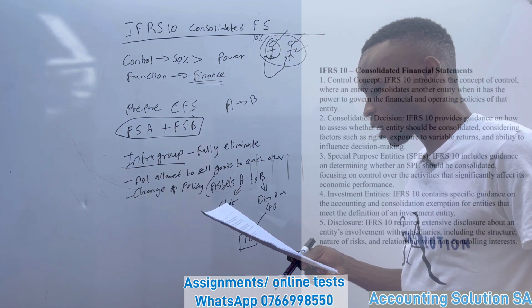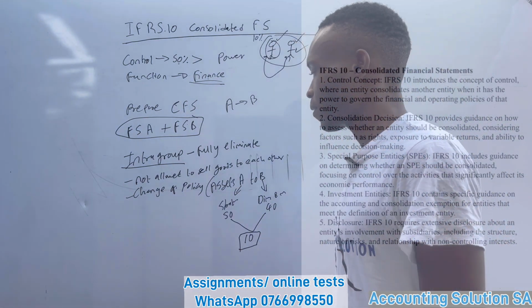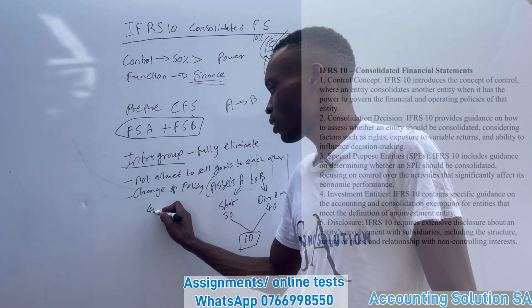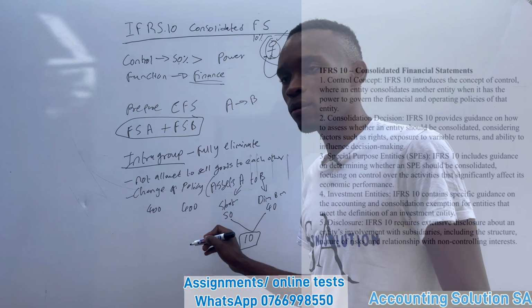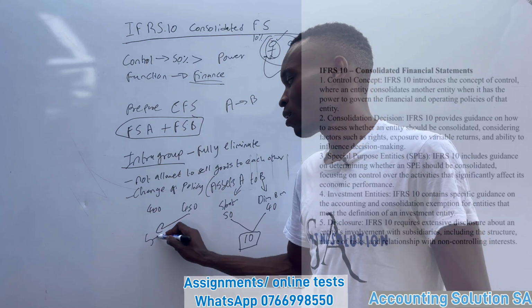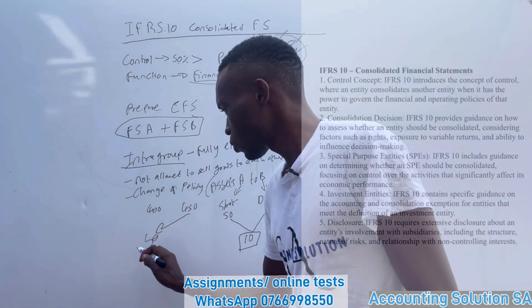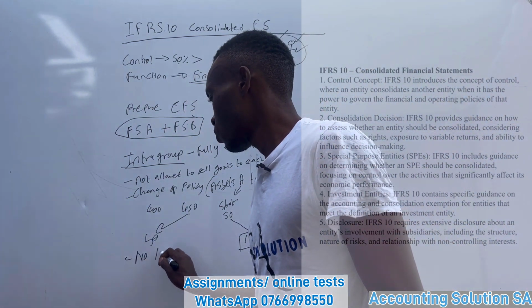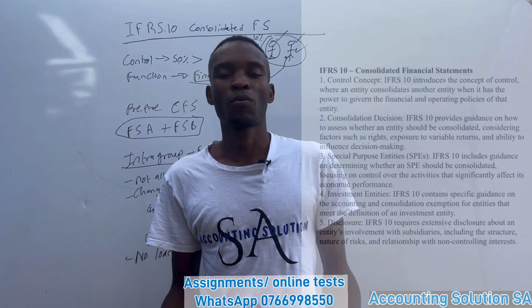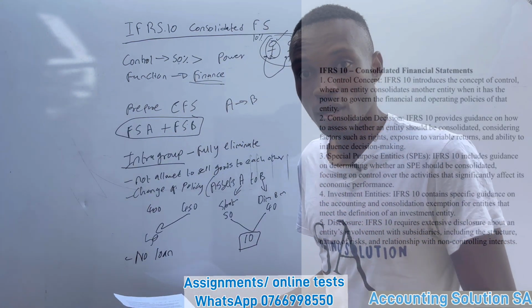You are also not allowed to change the cost of an item. If a computer cost 400, it must also cost 400 when it moves to company B. If it costs 450 on this side, we need to reverse 50 rand. We need to subtract it. And another thing, no loans are allowed. You can't borrow from each other if you are in the same group. In other words, you can't lend to your partner and also make a